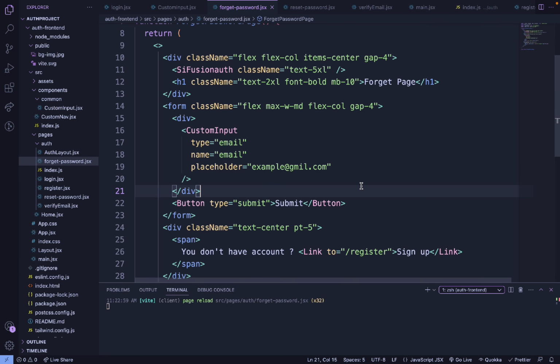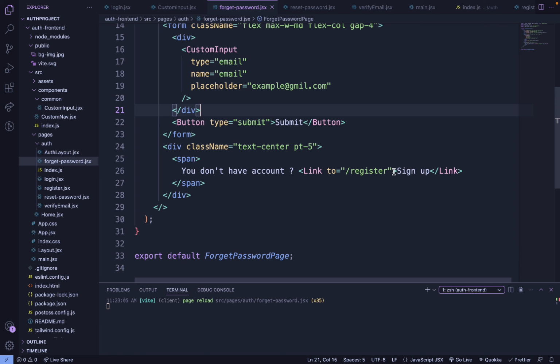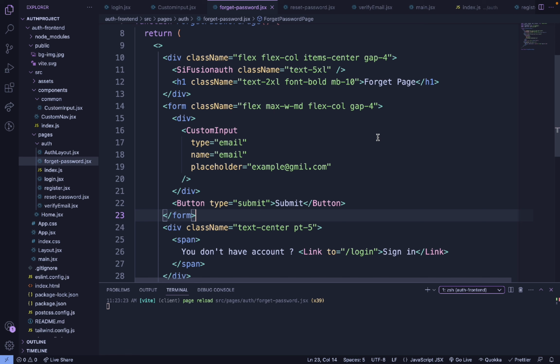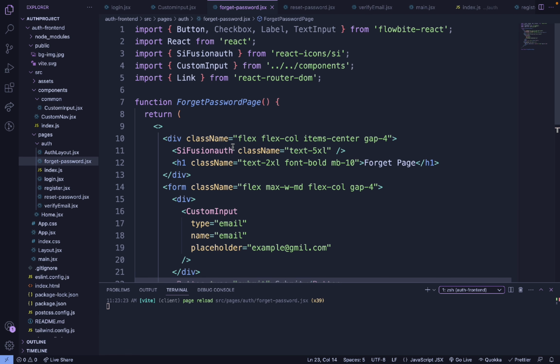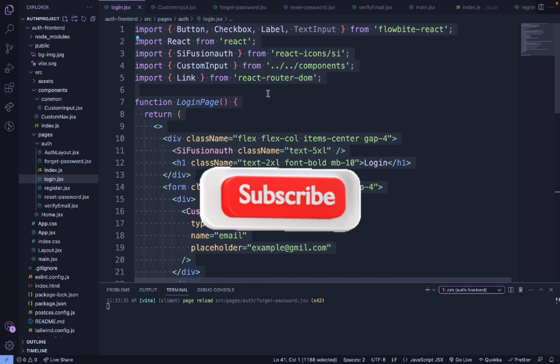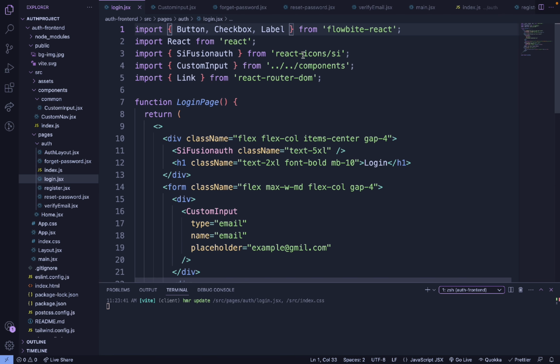So for that, what we required is the email. So if they have not already signed up, then they will go for the sign up, and if they know the password, then they will go to the login, right? So let's give the login instead of sign up, sign in. So before doing this, what we can do, let's quickly, we don't require those checkbox and input, both in login as well. I think in the login also that is available. We don't require this, right? Now